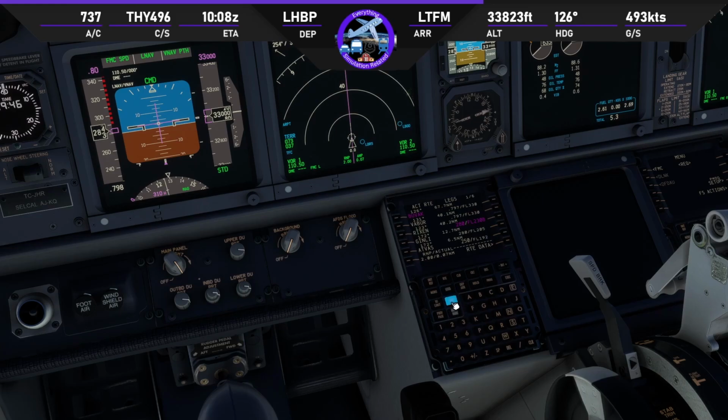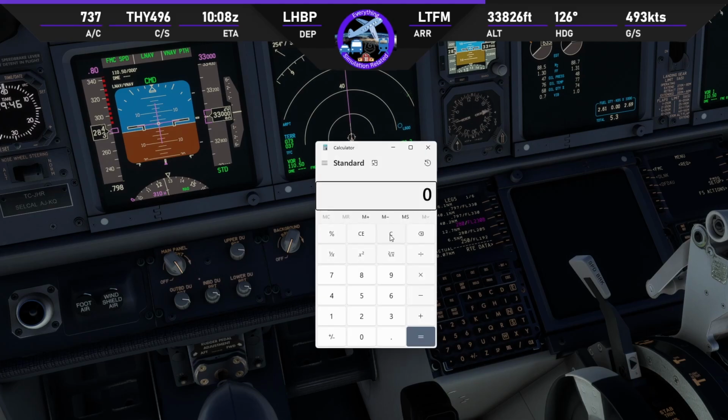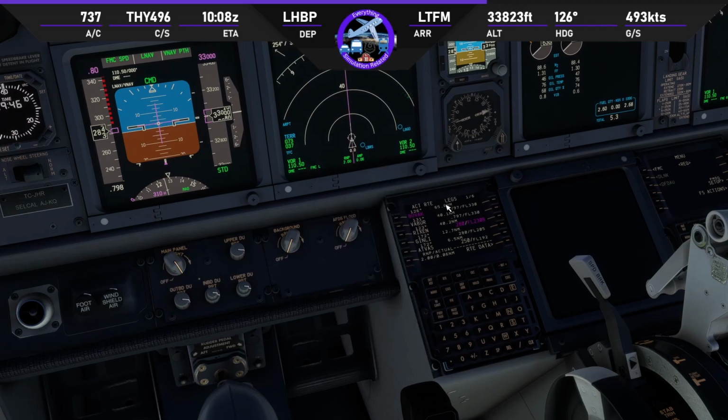Now quickly put in a fix. We are at flight level 330. Can actually calculate it by our head. Anyways, that's our flight level divided by 1000 times 3. 99. That could be our top of descent. Let's make it equal 100. So let's have our fix at runway